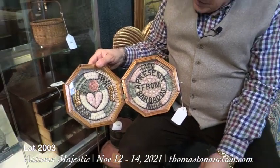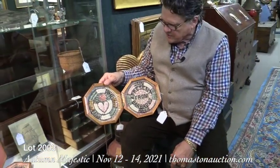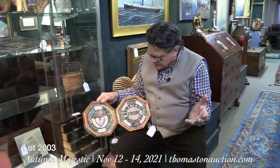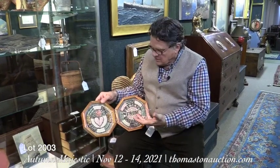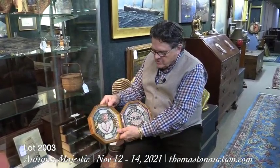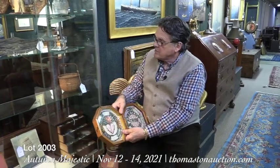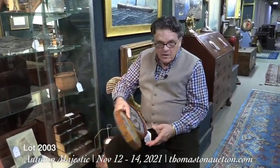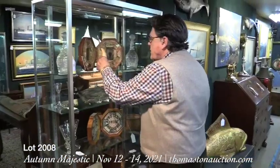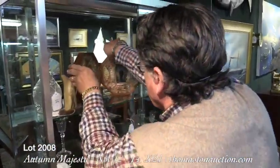These were made in the 19th century and are very sought after today. They can bring anywhere from $2,000 to $5,000 a piece. This is a double, and saying a present from Barbados, so a very significant one to be sure, and an octagon case, which for some reason they are always in these octagon cases, every one we've had. This one here is very unusual too, for another